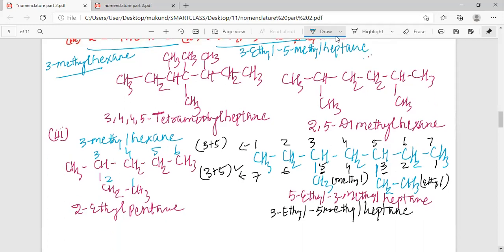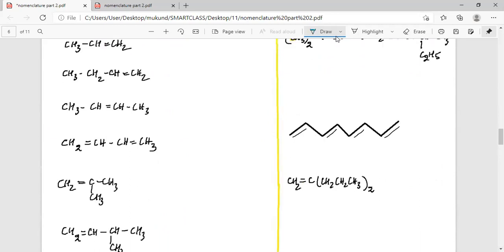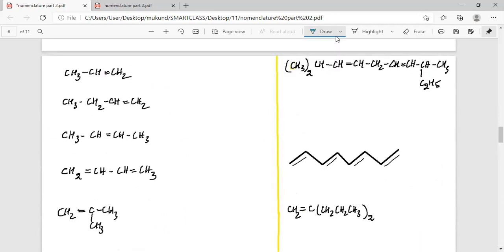And this is how, my dear students, we truly understand. Then let's move forward and understand some more. Here, if we give numbering, we have 1, 2, and 3, or we can start it this way, 1, 2, and 3. So we consider this the correct way, because the carbon having the double bond should get the lowest number, and thus we will write it as but-1-ene. Then, my dear students, if we write it this way, 1, 2, 3, and 4, and that is what it is. Sorry, it's not butene, my dear students, but it's a prop-1-ene.